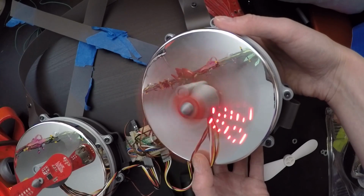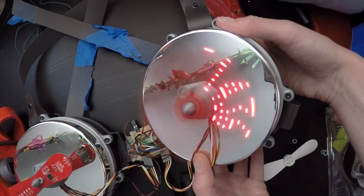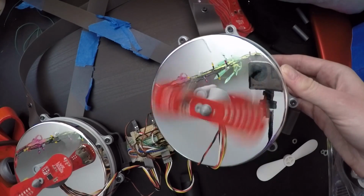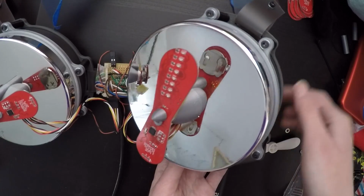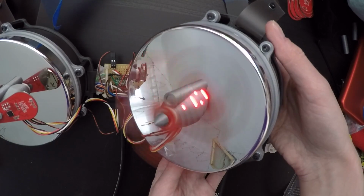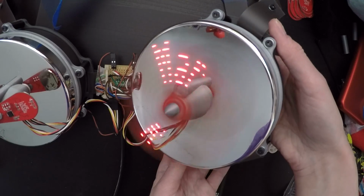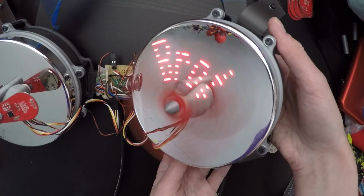Turn this off real quick. So to explain how I did this, Mark helped me develop a bit of code that implements a tachometer, and that can count how fast the propeller is spinning by counting in milliseconds how long it takes for the propeller to pass over the magnet. So we just scaled the tachometer to the functioning range of the nipple, and then took it a step further and replaced the numbers with actual words. So there's a range of like 4 or 5 words that the tachometer cycles through based on how fast that